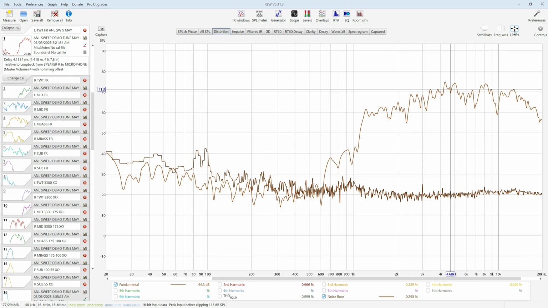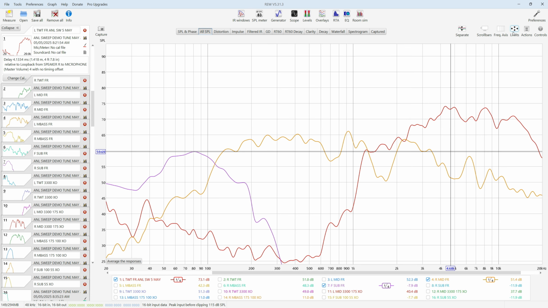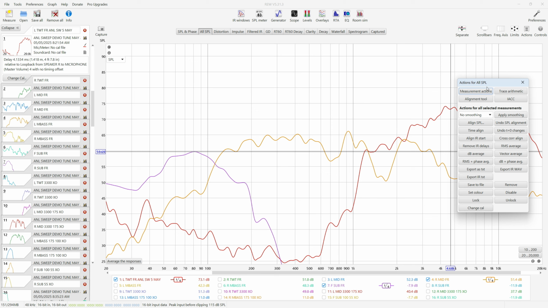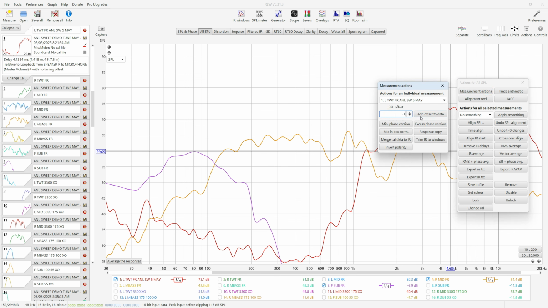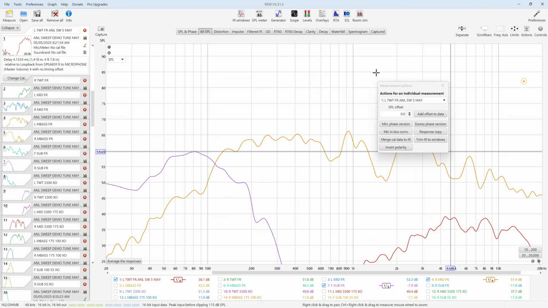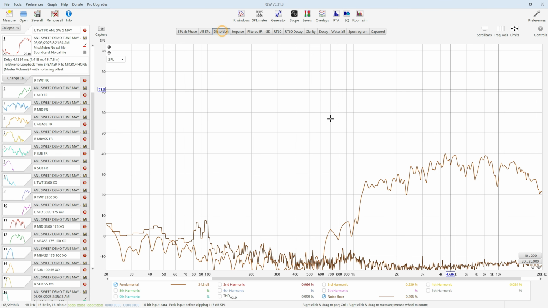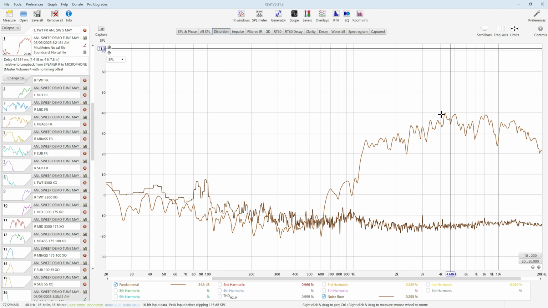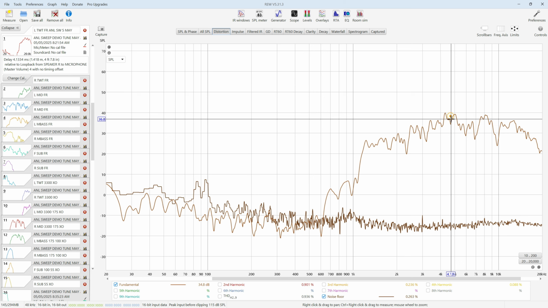And the same thing, I can go back into SPL and into the measurement actions, take off the 20 that we added, and then let's say take off another 15 for argument's sake. Okay, and we'll go back into the distortion, and once again you can see that the level has now gone from 50 down to 30, and it's closer to the noise floor, but the shape of the frequency hasn't changed. So the takeaway is that